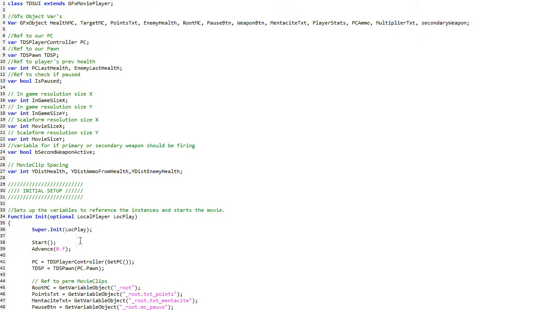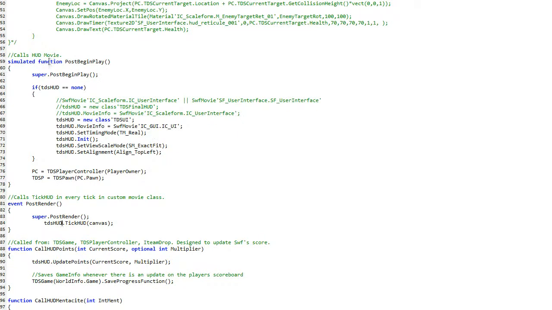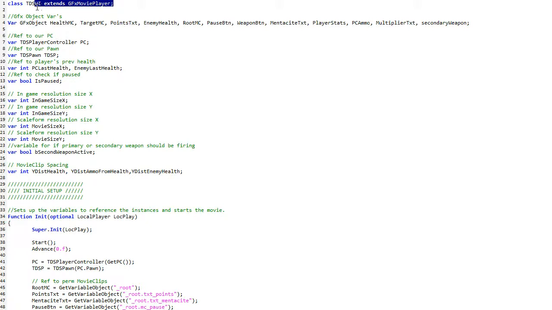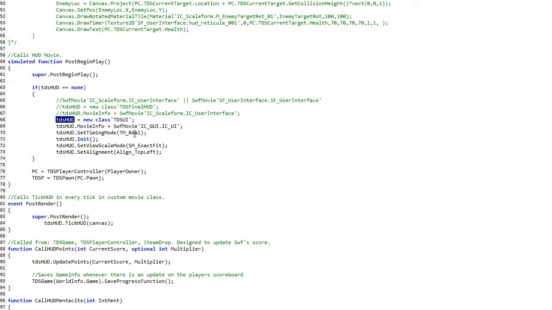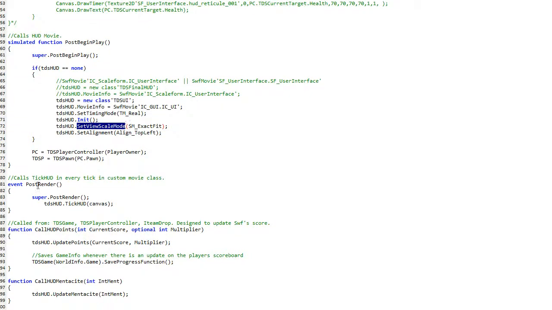Simply put, TDS UI is the GFx movie player. It's called from TDS Mobile HUD, just in PostBeginPlay, which is started at the beginning of the initialization of this class. It just sets an instance of the GFx movie player TDS UI and starts it ticking, sets the view field scale mode, sets alignment, and then within the PostRender of the TDS mobile HUD, it calls something called TickHUD, which basically means that in every frame TickHUD is called